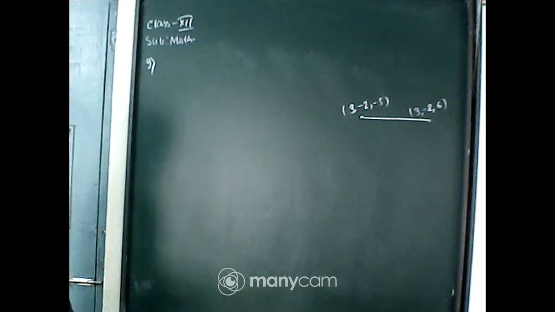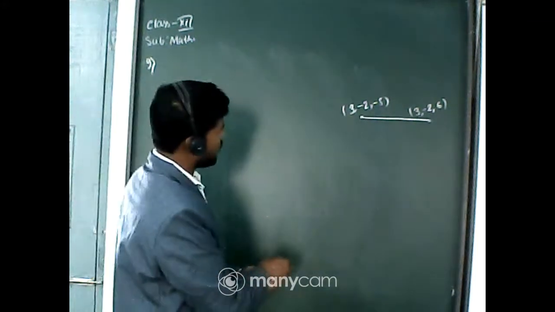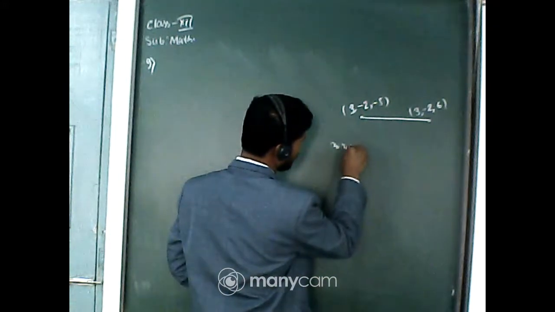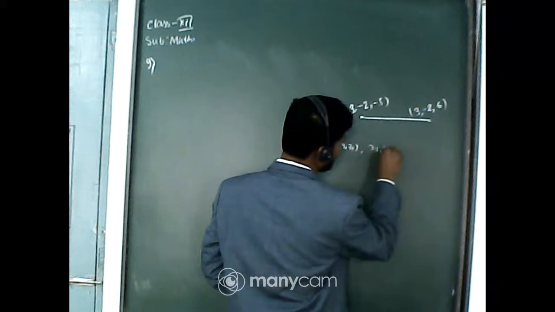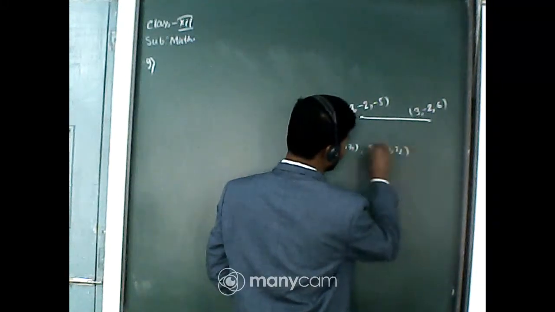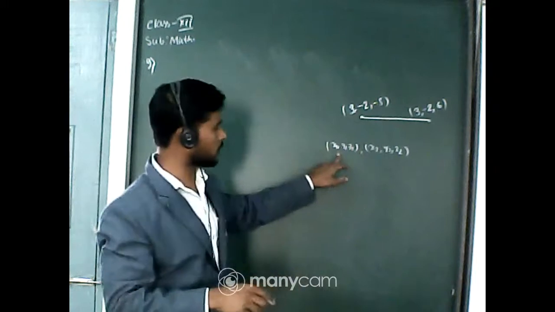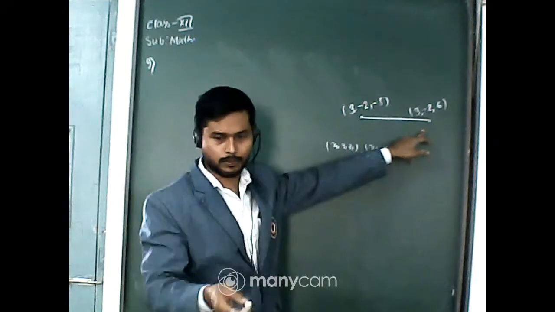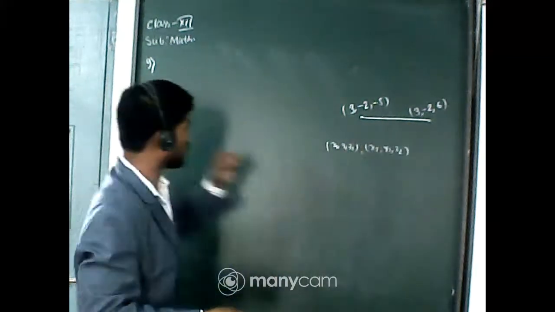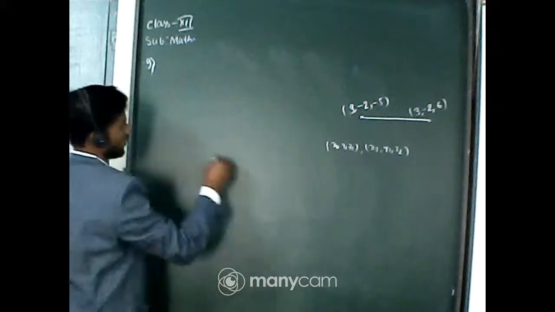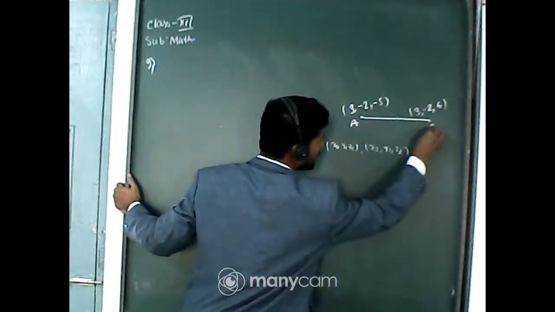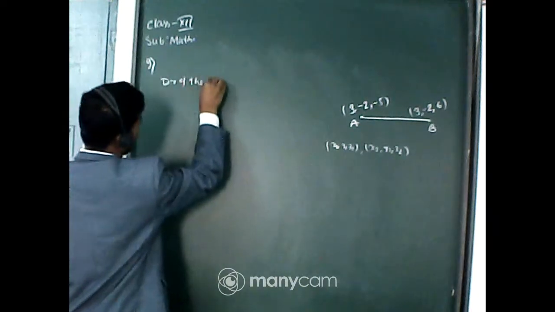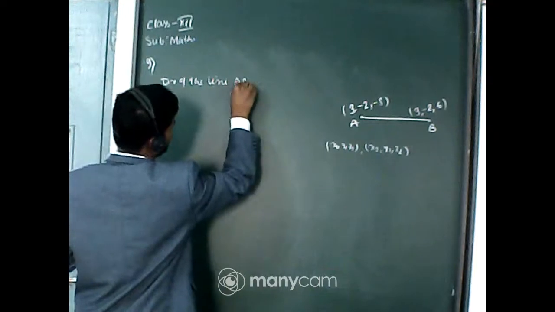Now look, we know that the Cartesian equation of the line passing through 2 points (x1, y1, z1) and (x2, y2, z2) is x minus x1 divided by the direction ratio, y minus y1 divided by the second direction ratio, and so on. Okay, so first find the direction ratio of the line. So this is our point A and this is our point B. So the direction ratio of the line AB is